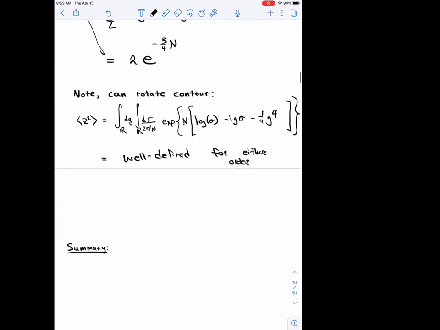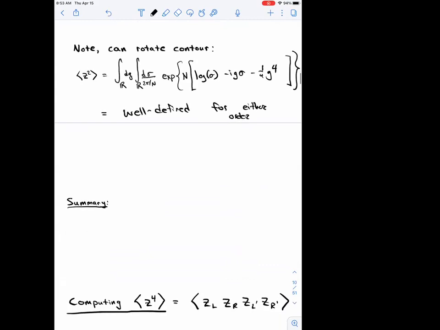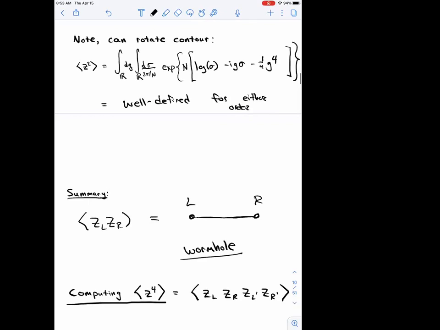Okay. So the summary of this computation: we were computing the expectation value over these couplings of z left, z right. And we got a structure that looks kind of like this. Here's the left system, here's the right system. And we have these non-zero saddle point values for the field that expresses correlation between them. So this is a wormhole. This is kind of a distillation to this simple model of the concept of a wormhole in gravity. Okay, so that's kind of the starting point, that if you do average over the couplings, then you do have this wormhole that contributes.